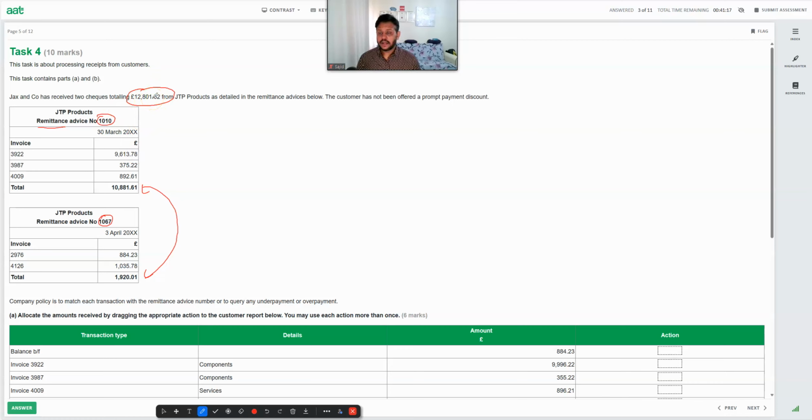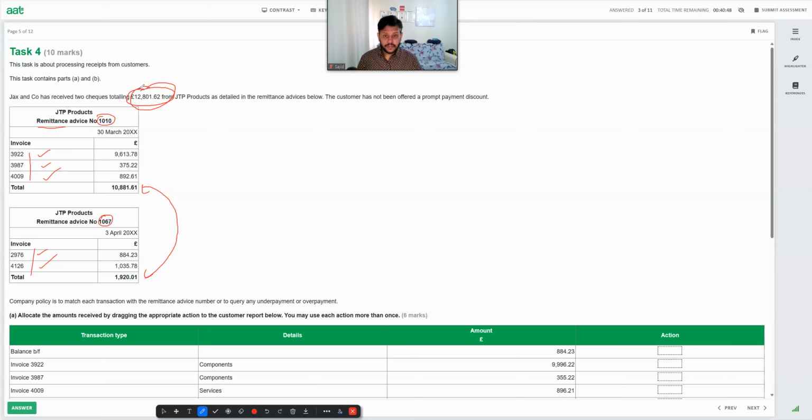12,801.62. And they are saying we paid for the invoice numbers 3922, 3987 and 4009. We also paid for invoices 2976 and 4126. They're telling us these are the invoices they paid for in total, so that I can offset or make the balance against all the invoices that I have on my record. So I can reduce the customer balance by